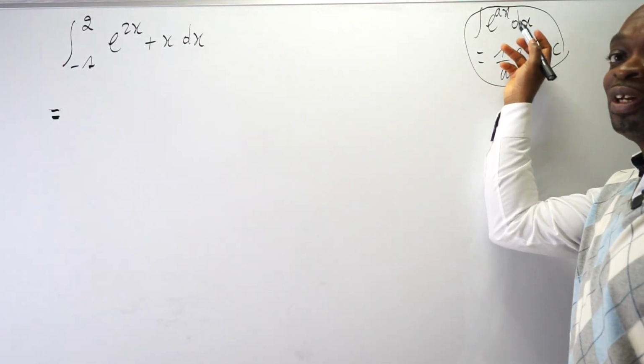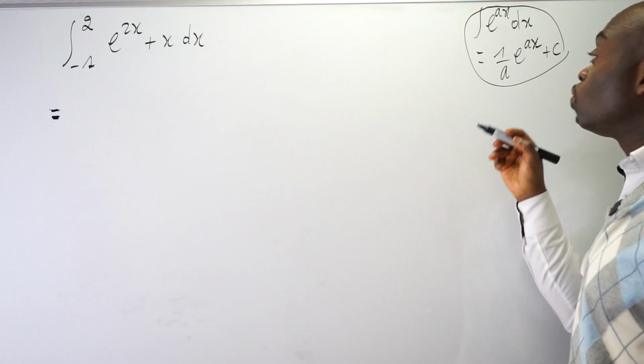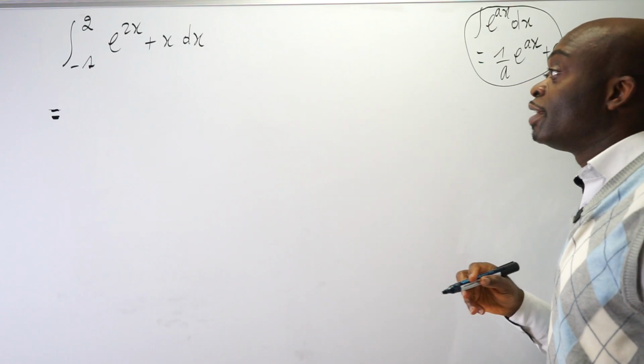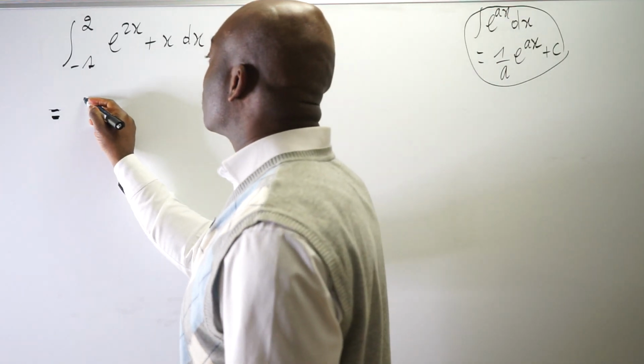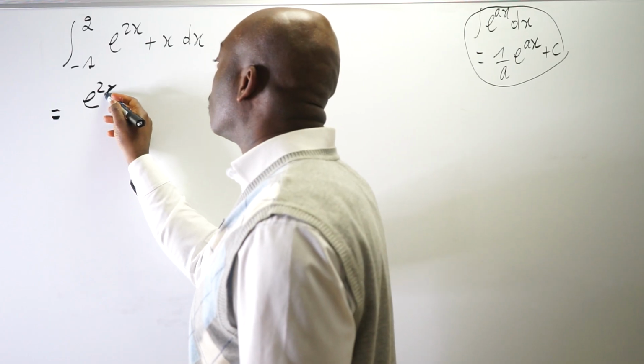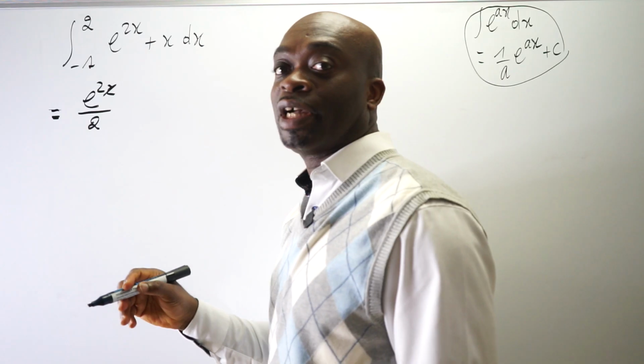We're going to use the formula: the integral of exponential ax dx is equal to 1 over a times exponential ax. So in this case, it's going to give us exponential 2x over 2,